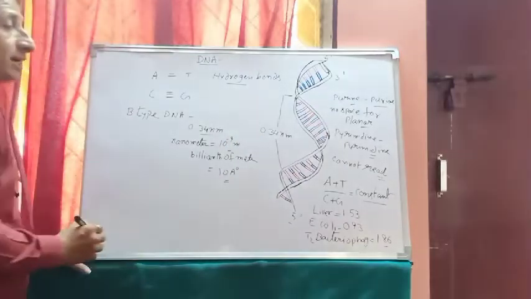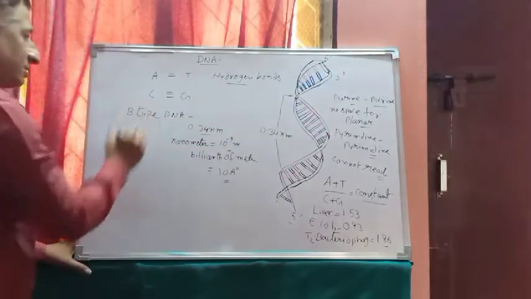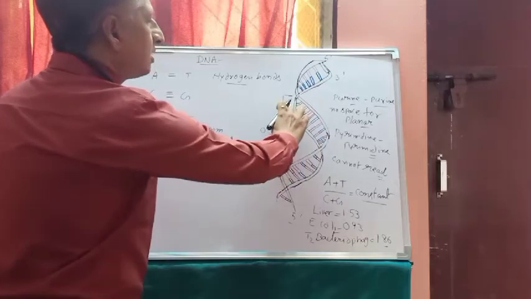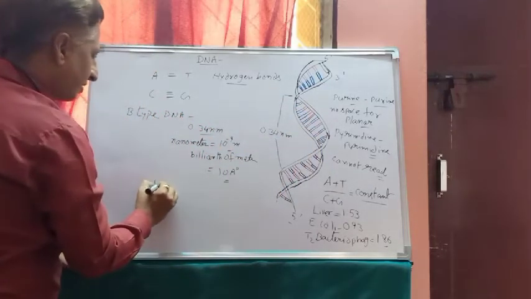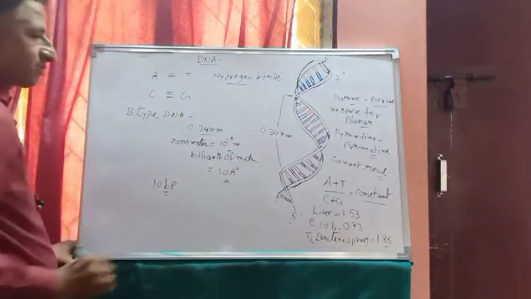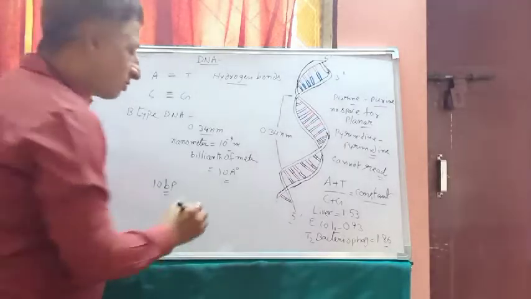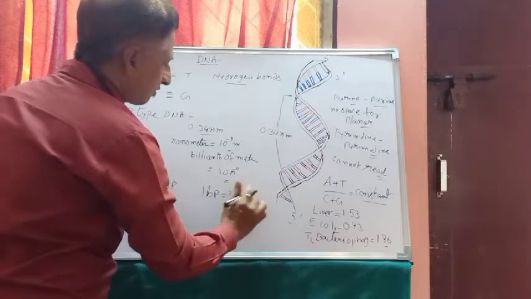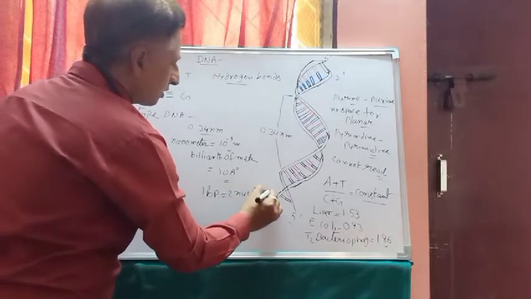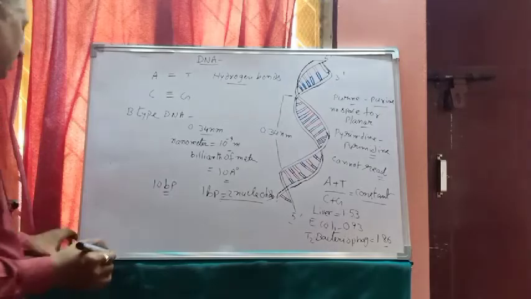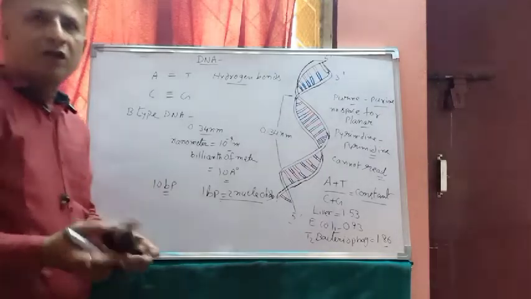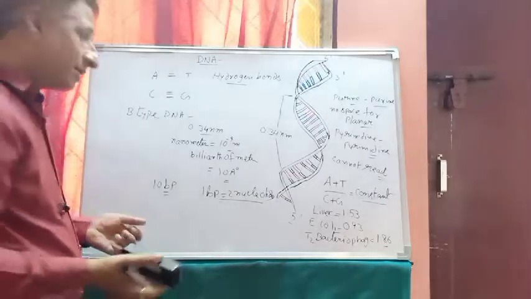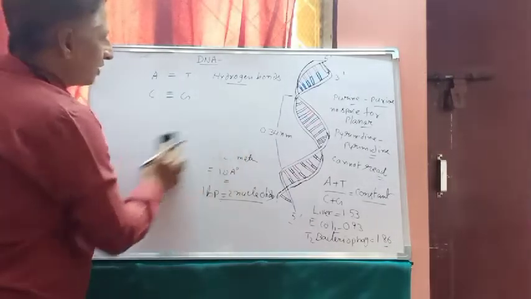Next, each one has one strip in length. It has 10 base pairs, 10 BP. One base pair, 1 BP, is equal to 2 nucleotides. So this is the B type DNA. So automatically we have that one point. B type is said; are there any other types? Yes, other types are also there. We are going to discuss them now.